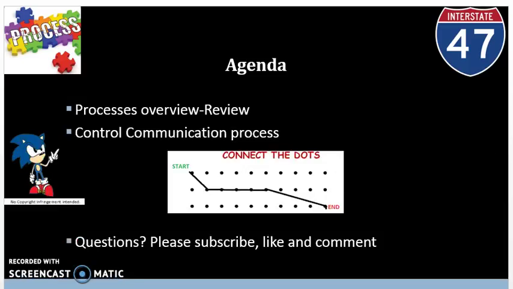Today's agenda will be going over reviewing the PMBOK process table as well as the 33rd process, which is the control communications process. This process occurs at the intersection of the communication knowledge area and the monitor and controlling process